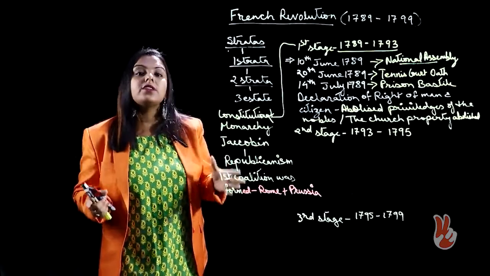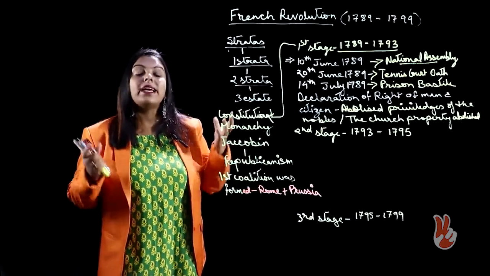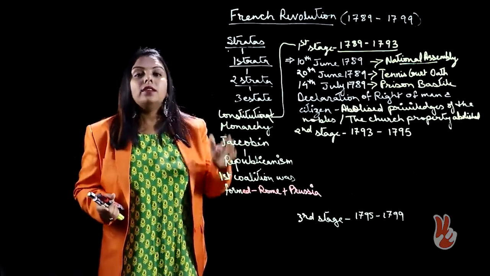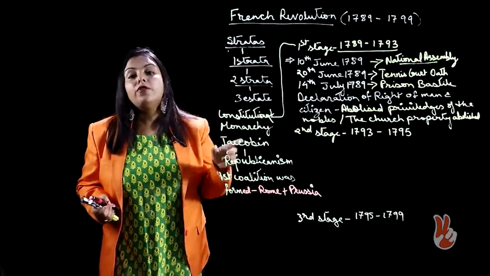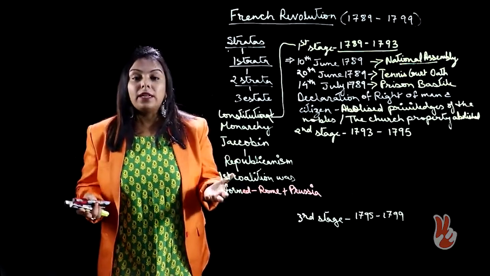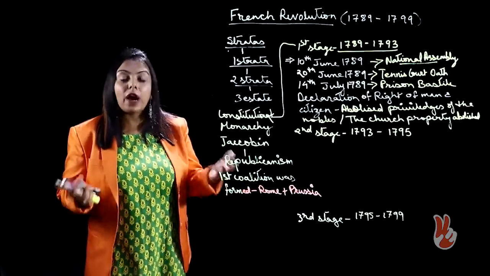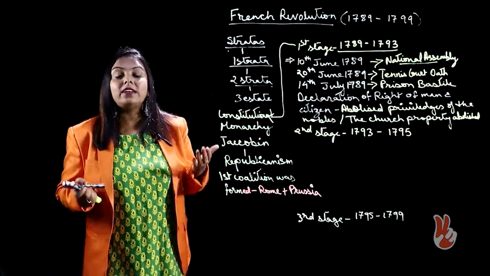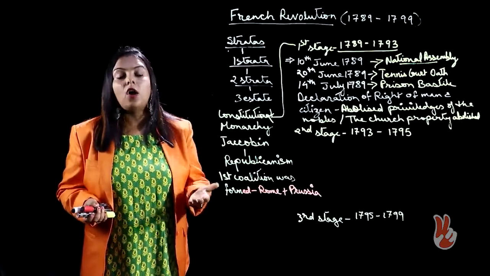Now, this is the reason why the Jacobins became very powerful in the Legislative Assembly, and they started getting more support from the people. In 1792, the monarch was removed from the position of constitutional head in the French legislature. Finally, in 1793, the monarch and his family, Louis XVI and his family, were seen escaping France, and they were brought back into Paris from the borders of France. In 1794, Louis XVI, the French monarch, was beheaded or guillotined.